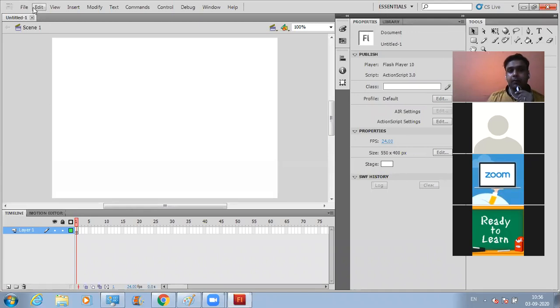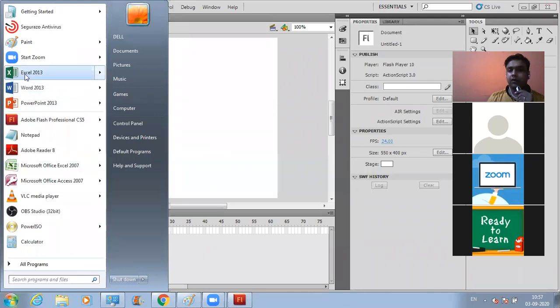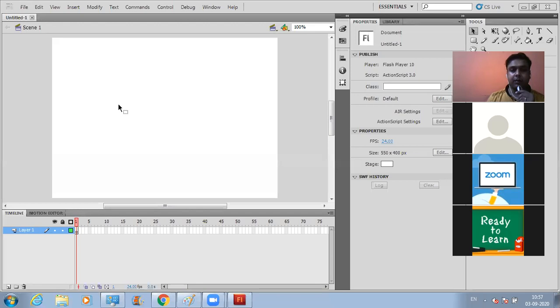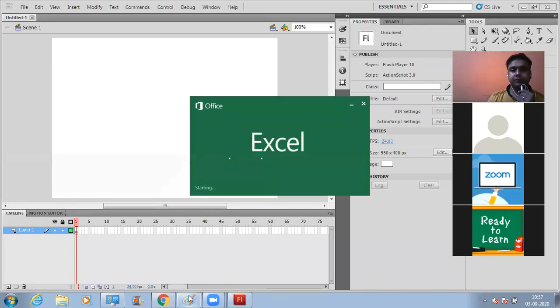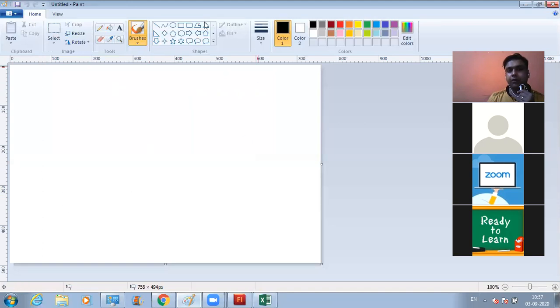The first thing is this menu bar. Like the way we have got a menu bar in Excel, Word, PowerPoint, etc. Let me just show it to you practically. What is the name of the software that you're seeing on your screen? MS Paint. Absolutely right. Now, where is the menu bar of this software? Right here on the top. Home and View. This is the menu bar, and these are the two options available in it.